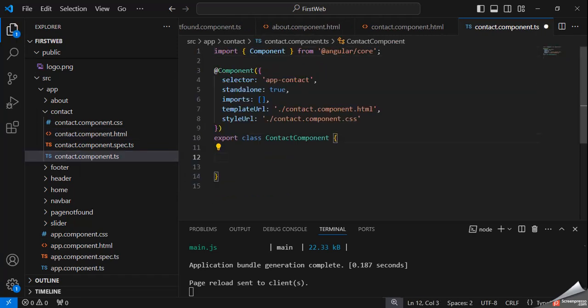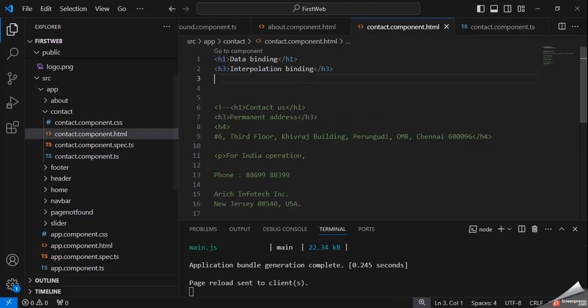Suppose we declare here empId equal to 1234, and we want to show this value in the HTML file.